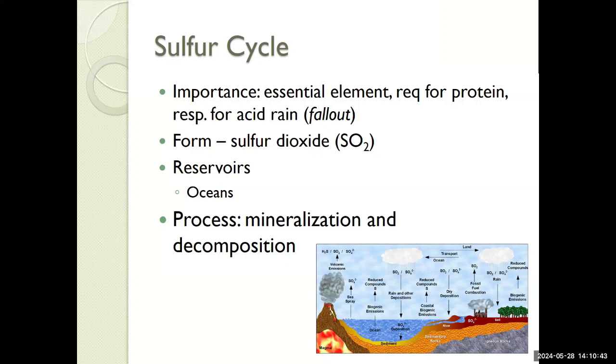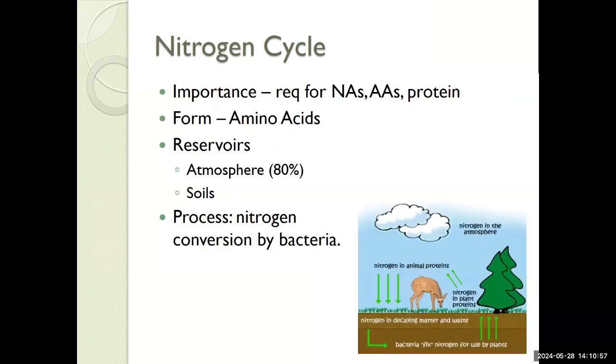So the saying, what goes up must come down, is true, as is the nature of gravity, but it doesn't always have to return in the same format. Last but not least is the nitrogen cycle. Nitrogen is important as it's a building block for nucleic acids, amino acids, and proteins. Nitrogen is predominantly in the atmosphere. It constitutes 80% of our breathable air, and we cannot obtain nitrogen from just breathing, so we require nitrogen fixation